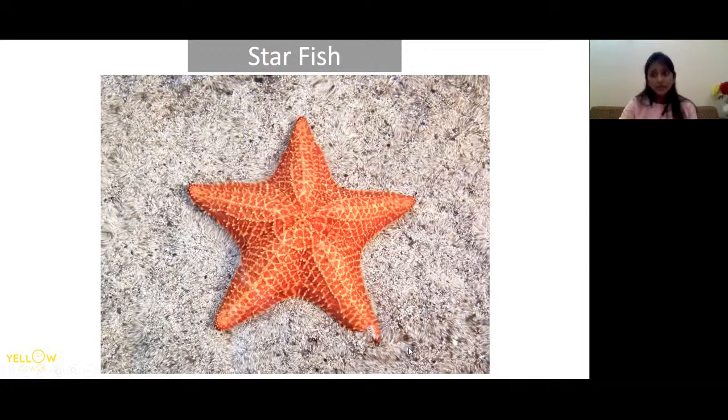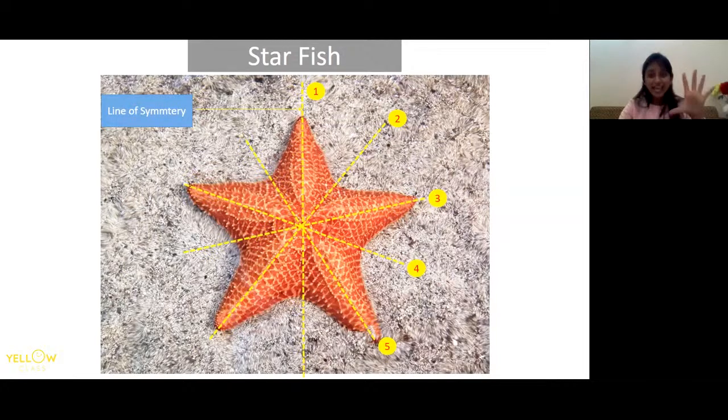So is a star symmetrical? A shape like a star, is it symmetrical? Can you find a line of symmetry? So let's see. Oh, so many lines. What does it mean? I told you that any object can have any number of lines of symmetry. So it has 5 lines of symmetry. Yes, 5 lines of symmetry. It is a totally symmetrical object. Okay, so if you have a star in your toys or any shape of star, it is always symmetrical and it has 5 lines of symmetry.